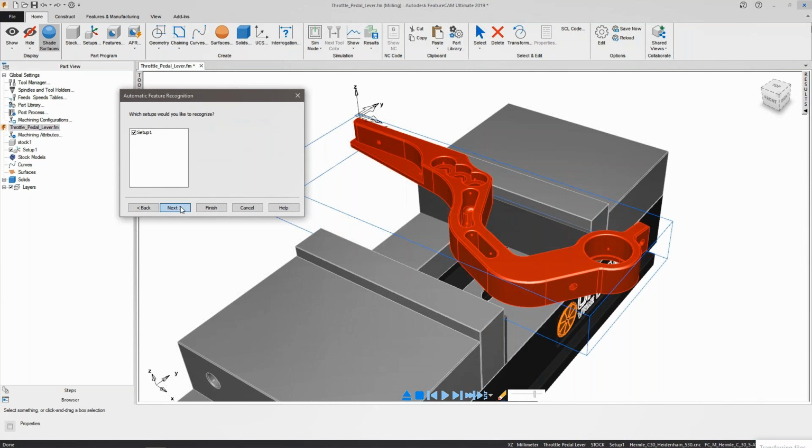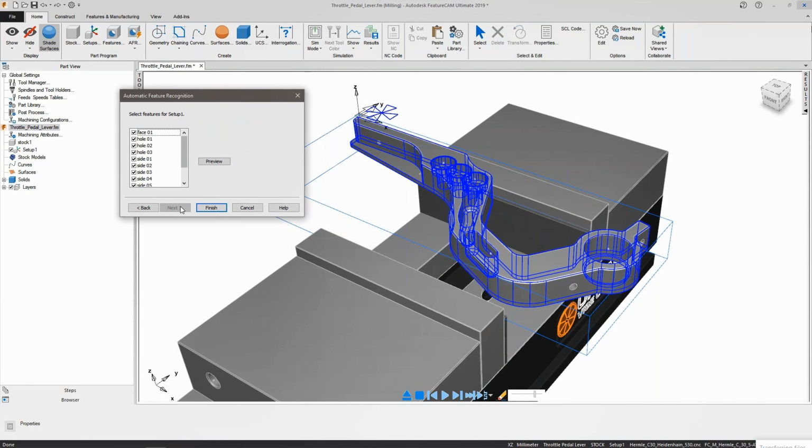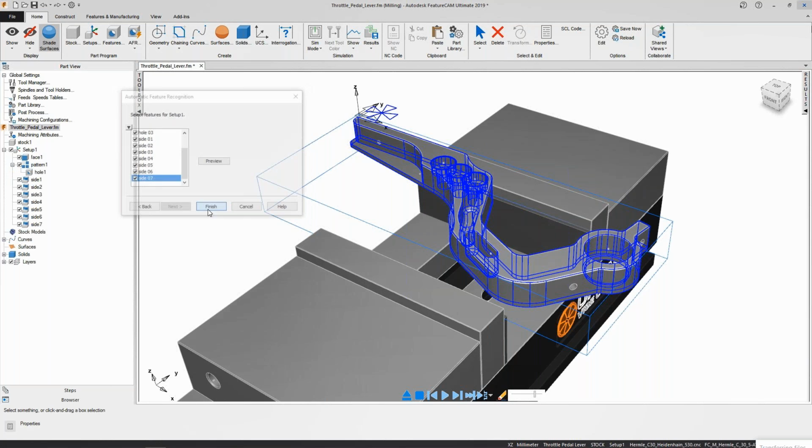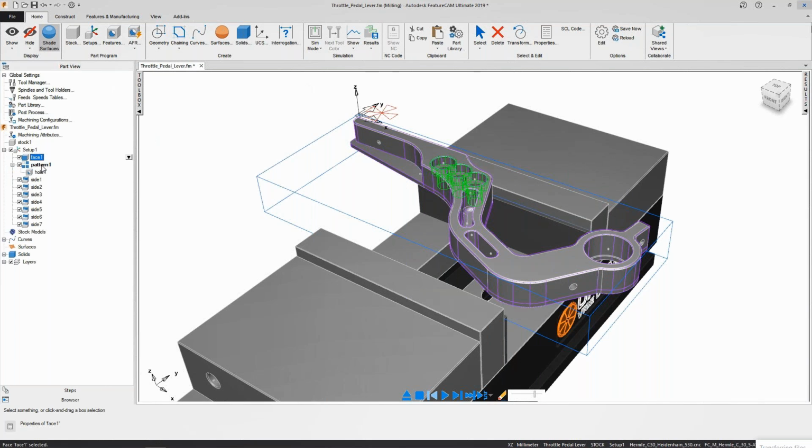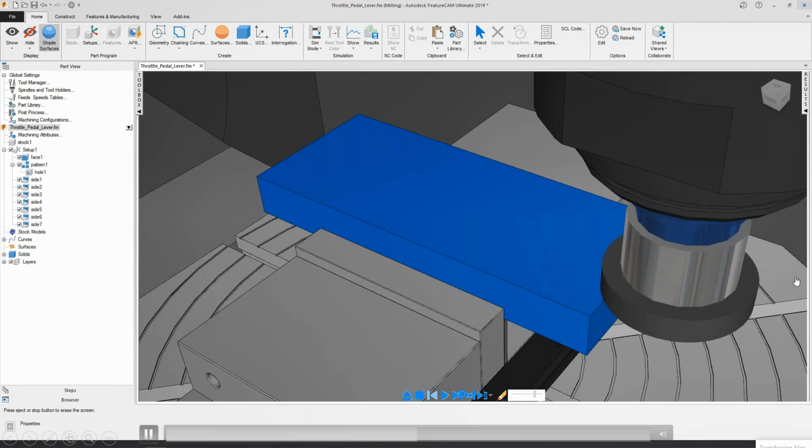So as you see, we import the data, and then it automatically recognizes all the features. It splits the entire 3D model into different feature sets. And once the feature sets are ready, it knows the dimensions of those features. And then as you see here, in the setup, it has created the workflow as well. So it is fully automatic, where you have not selected any tools, or the toolpath form, or what kind of toolpath has to be generated. Everything it knows as per this feature, this is the perfect workflow that it has to do.